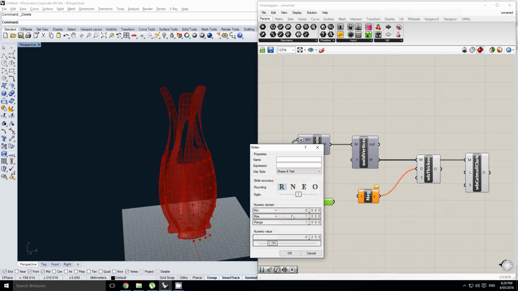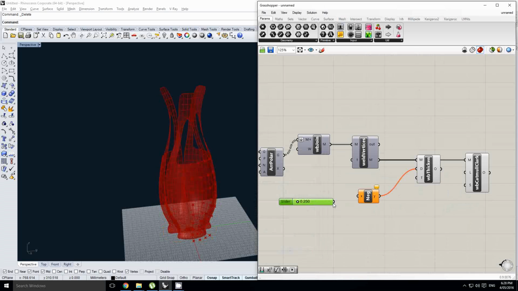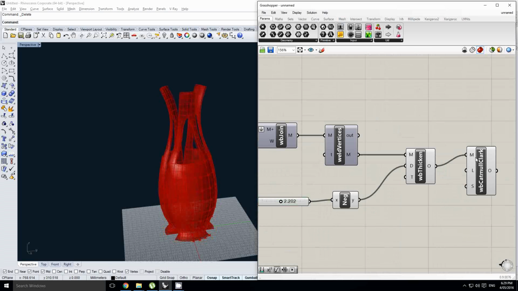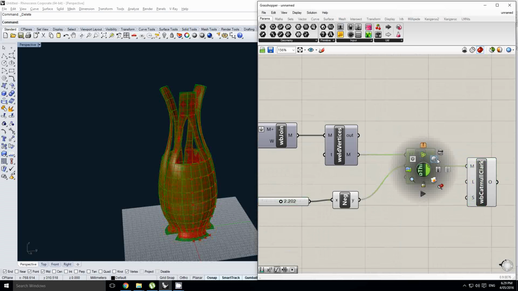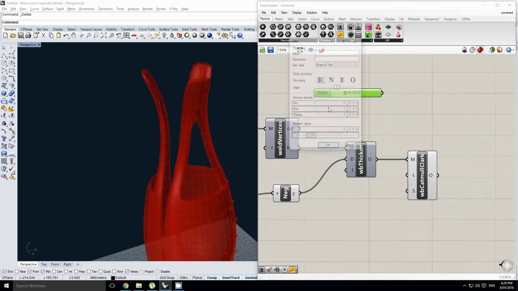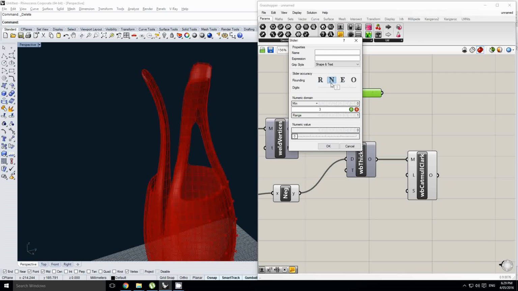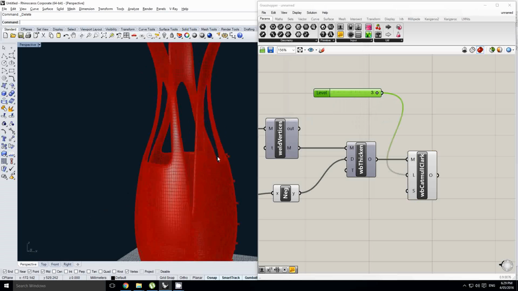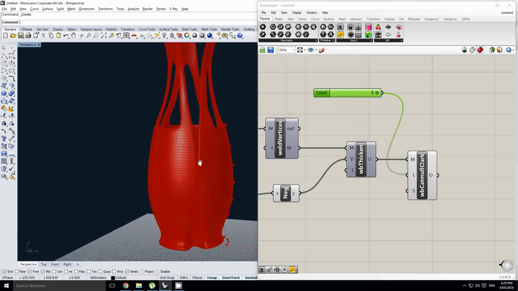So I'll set it to a value of 5, plug it in, and then plug that into my capital Clark, up my subdivisions to 3, and let's see what we've got. Okay, there we go. That's our